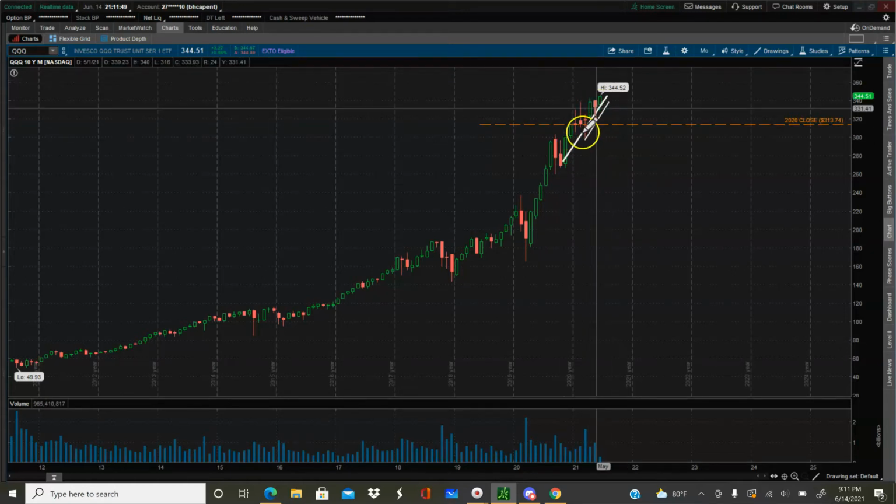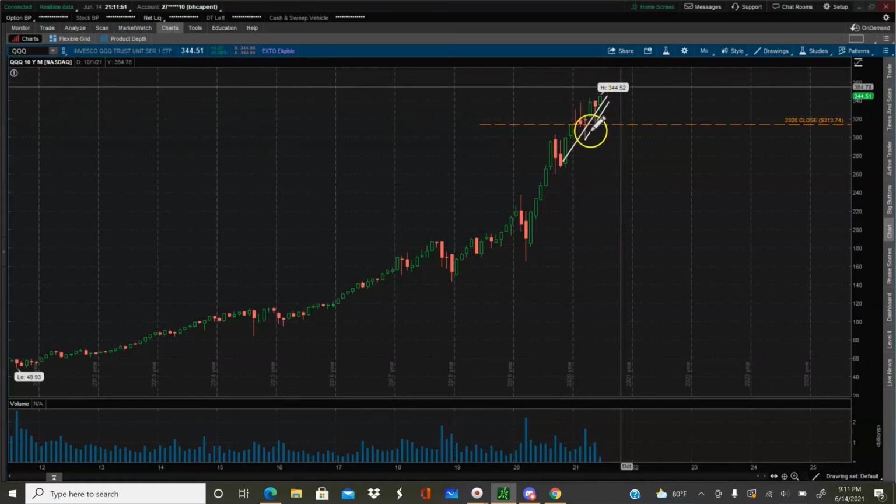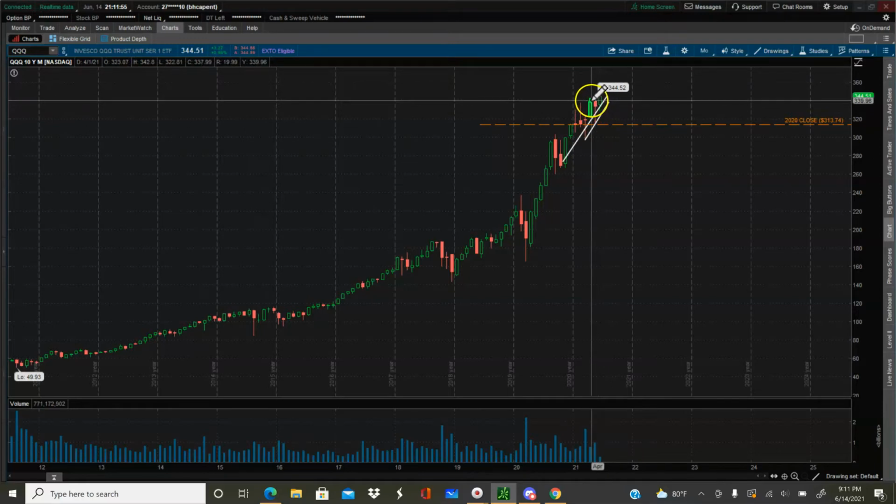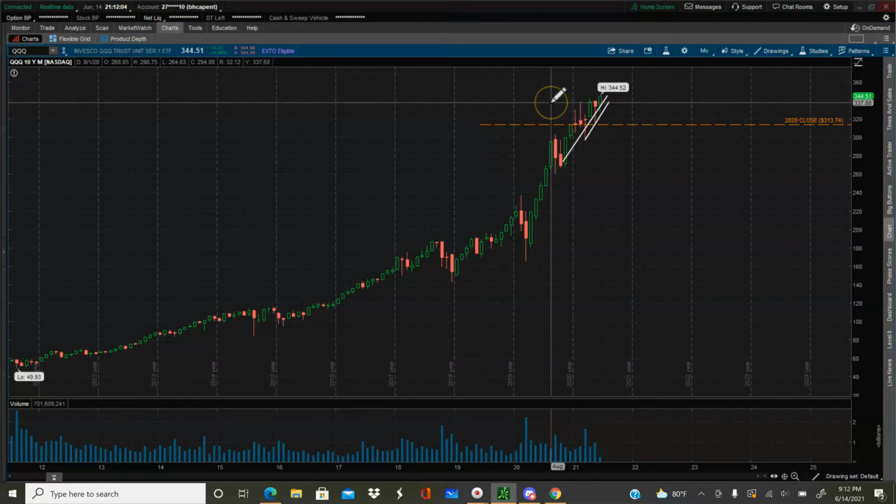So that's pretty much what the sentiment is on this monthly chart. But it is definitely starting to struggle here above this 340 area. So that's definitely an area that I would make note of